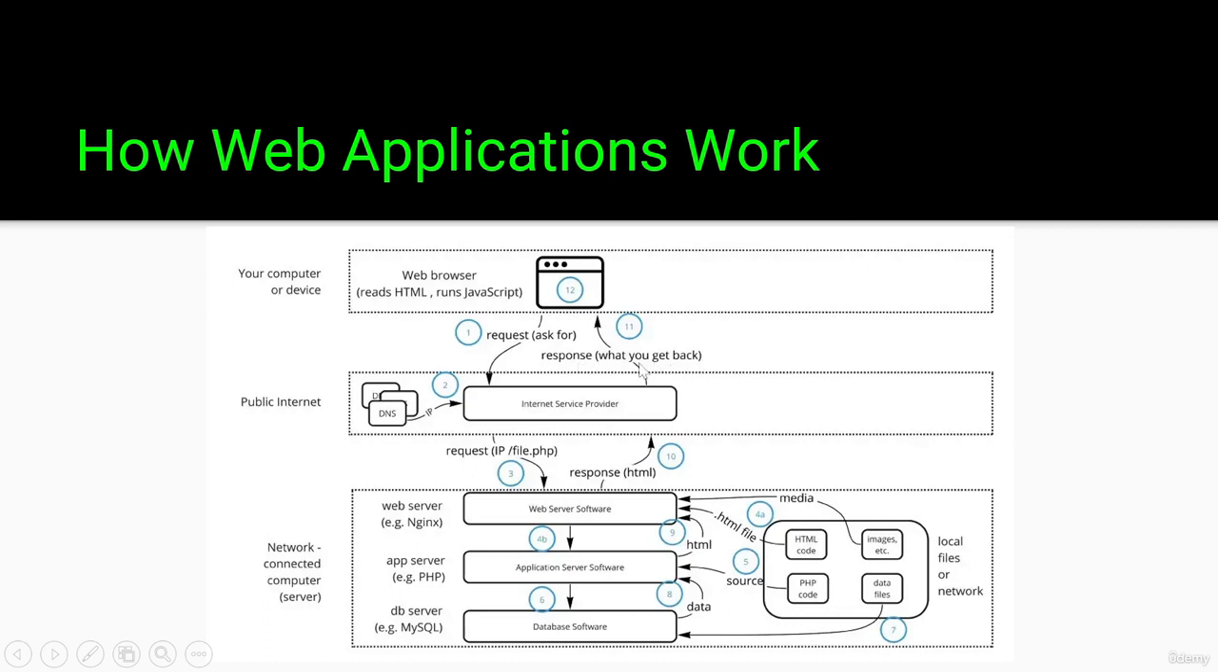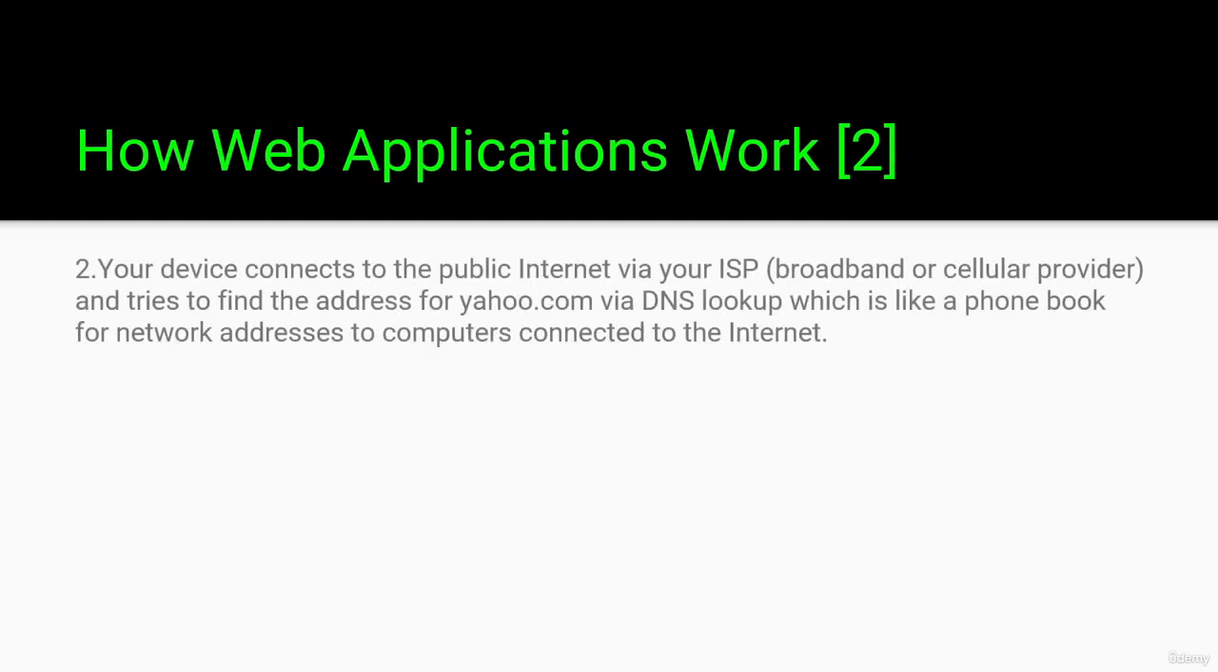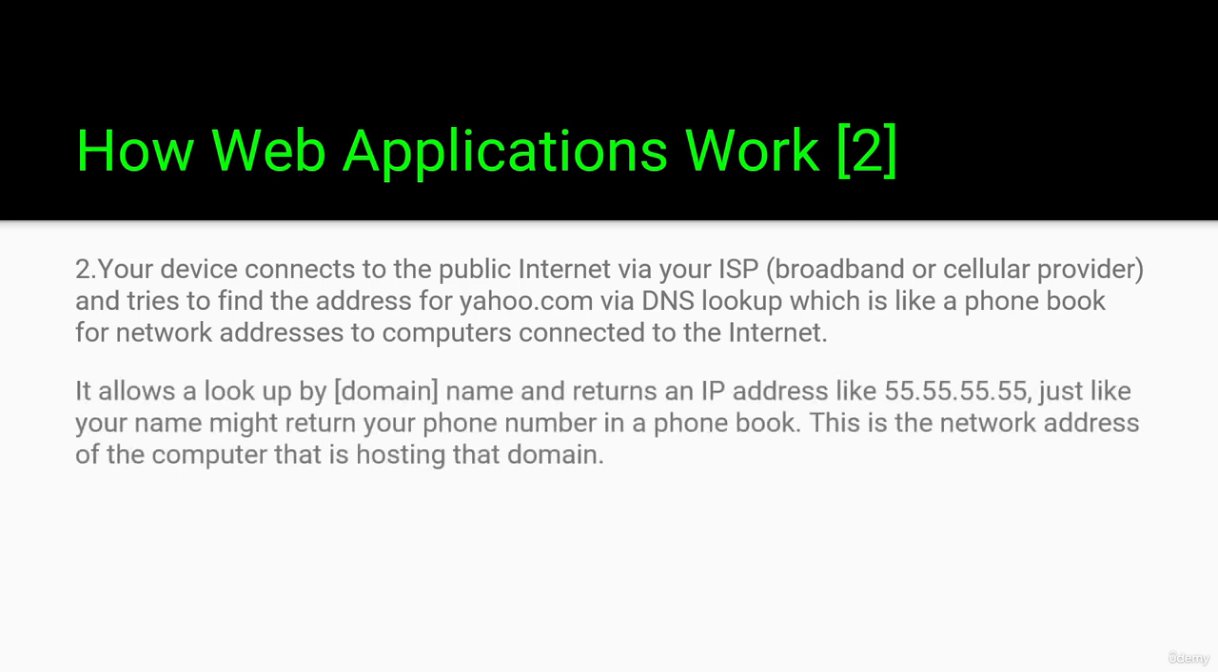Now I want to go into details for each step. Let's start with the first step. Your device or computer is connected to the internet and your browser requests a URL, yahoo.com, finance.php, whatever. Now the second step: your device connects to the public internet via your ISP, broadband or cellular provider, and tries to find the address for yahoo.com via DNS lookup, which is like a phone book for network addresses of computers connected to the internet. It allows a lookup by the domain name and returns an IP address, for example,